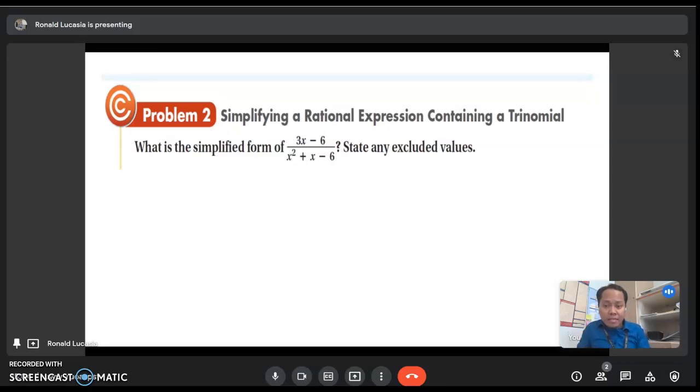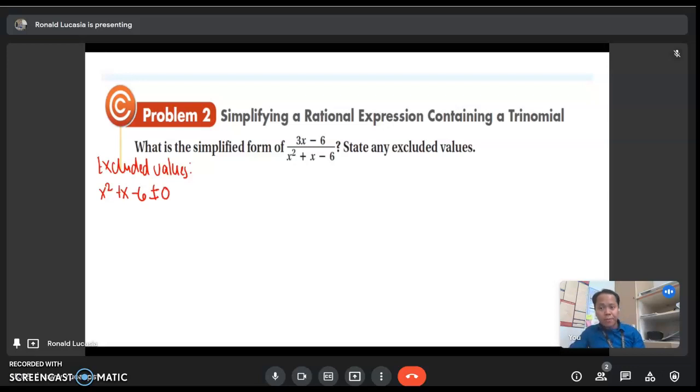Okay, let's have example number 2. What's the simplified form of (3x - 6)/(x² + x - 6) and state any excluded values? First, let us identify the excluded values. So as mentioned, for the excluded values, just look at the denominator, x² + x - 6, which should not